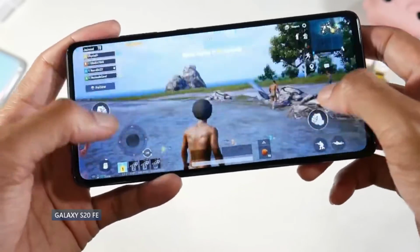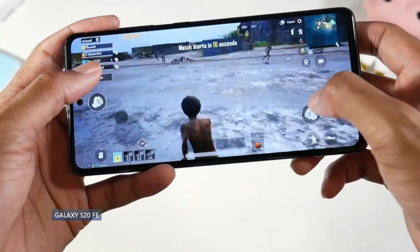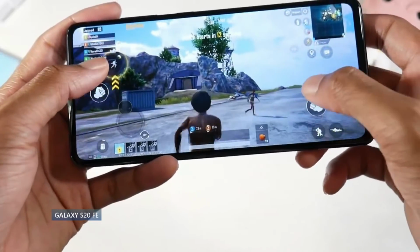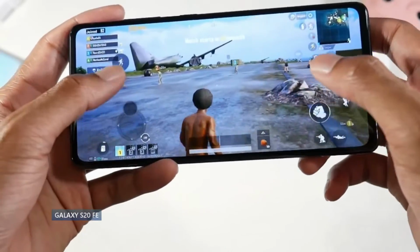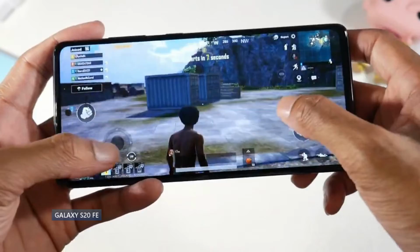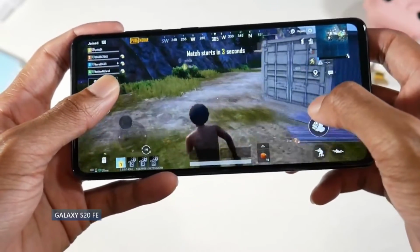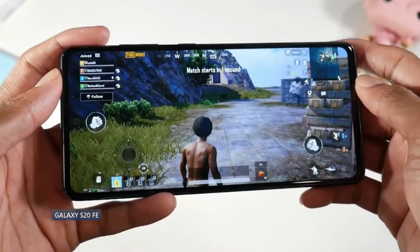You also have micro SD support, as well as 128 gigs of internal storage, 6 or 8 gigs of RAM depending on your configuration. You also have a stereo speaker setup as well, which sounds pretty good. No headphone jack on this phone. You do have NFC on board with an under the display fingerprint sensor as well,